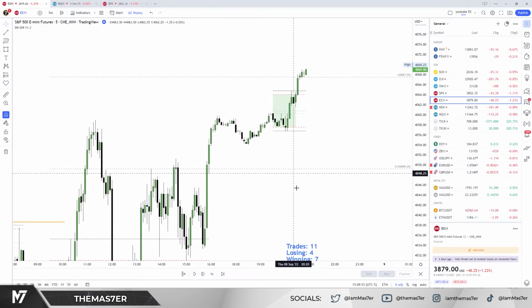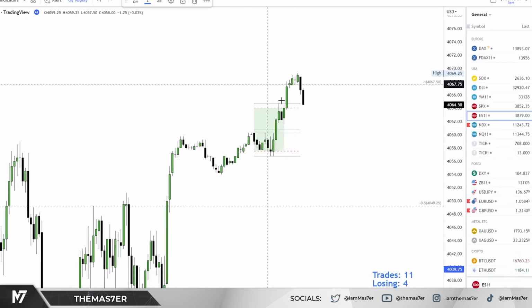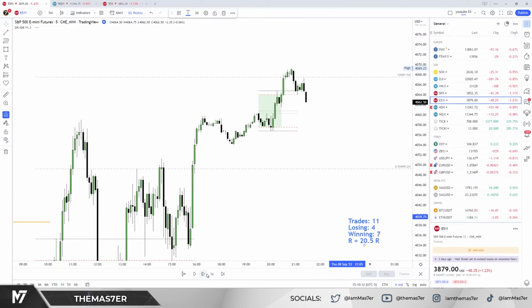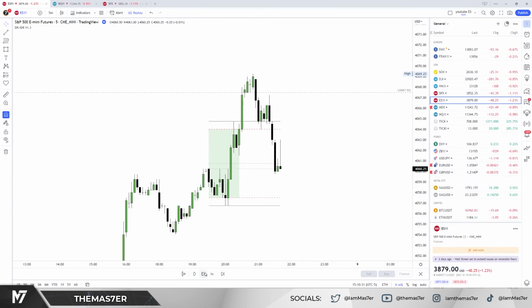So we get a confirmation, but like I said, with this expansion here, the volume imbalances, I would like to see price coming back into this area for now. So we have a confirmation, we are returning over here. Let's see if we get us a retirement setup. We're having two volume imbalances here and here, but I don't see a clear rejection, so nothing for me